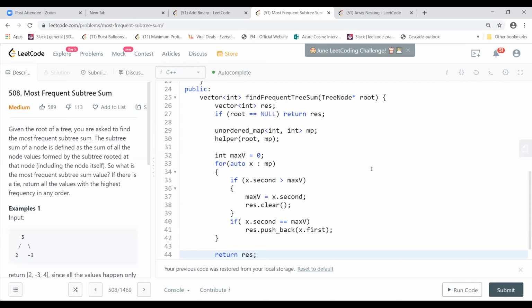So you can have a variable with the maximum value and get all the values with that value. That's it. But that maximum check you are doing every time you update your map, right? So if there are 100 nodes, you will do 100 checks.